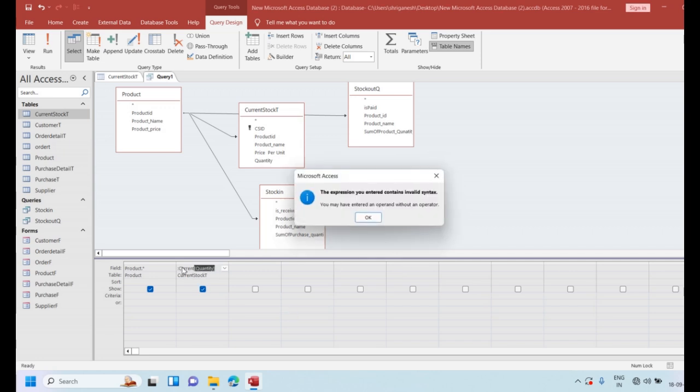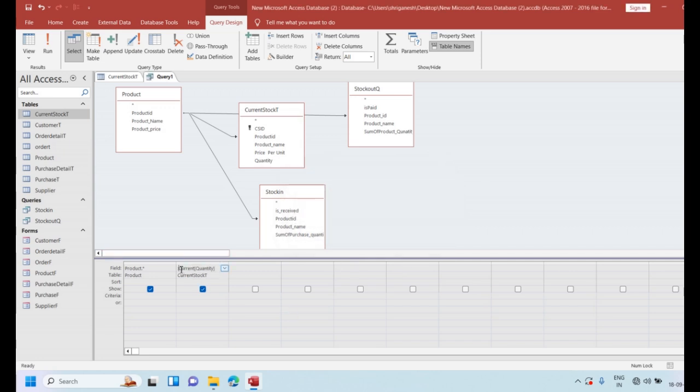Then I take another query. I take the quantity, put it in square brackets, and save it in an expression here, that is current.